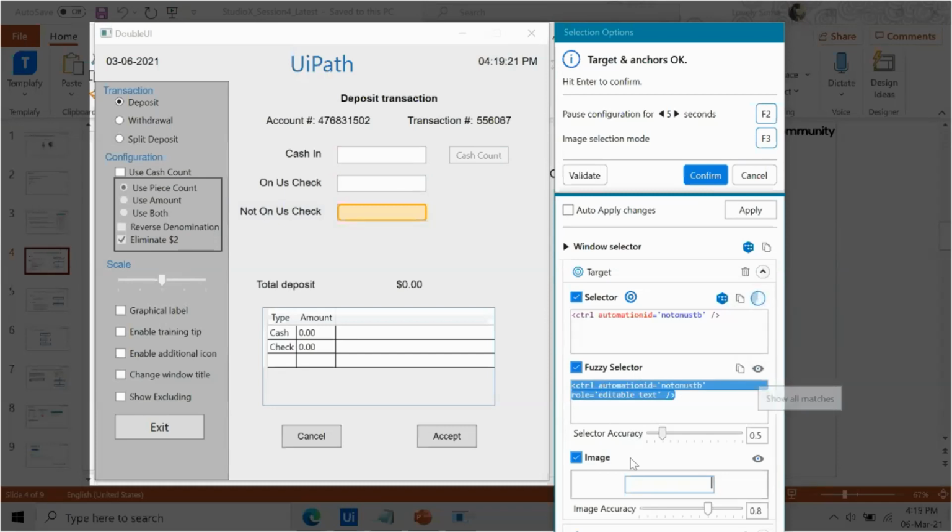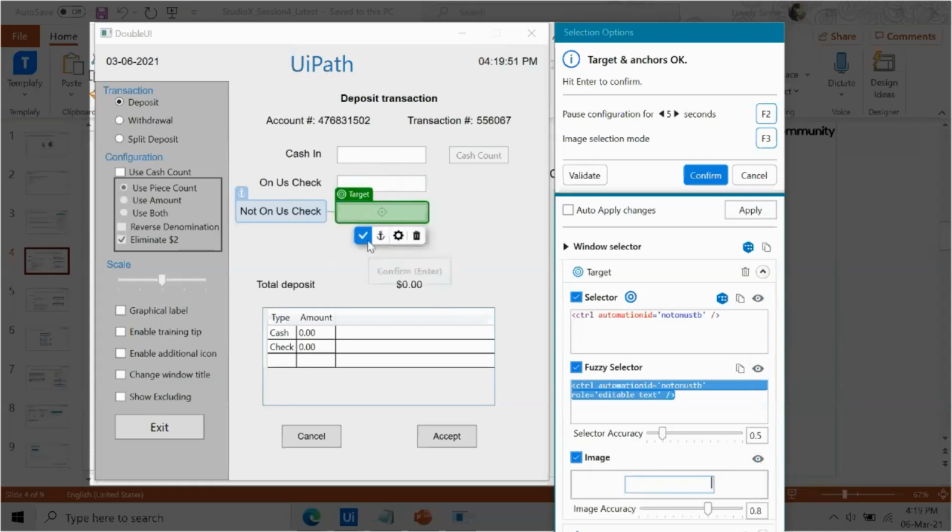The third is image automation. So even with the help of selector and the image, the bot tries to interact with an application as well. Even based on the image, the bot can identify certain fields so that there is a reliable selector or a reliable activity to perform with it.